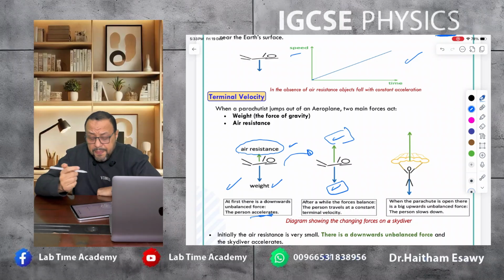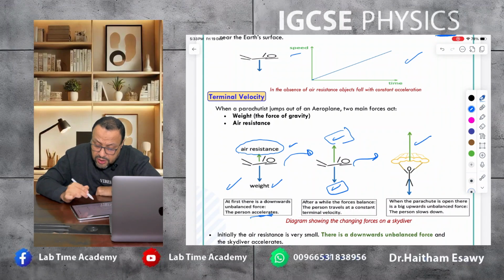After that, what will happen? The upward force will be smaller or will be greater than